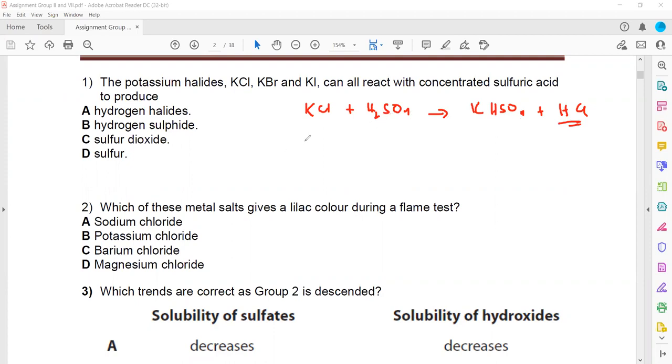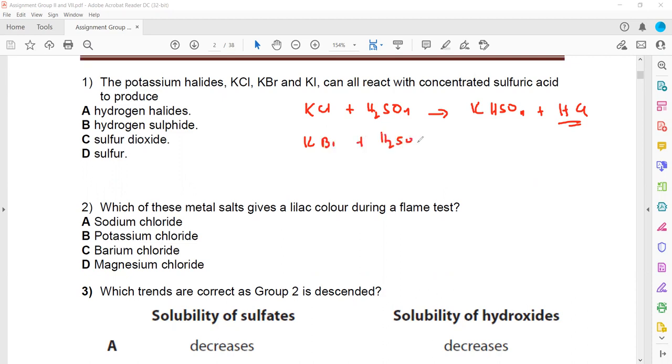Same way if we have originally KBr, then the hydrogen halide, in which the halide ion further reacts with sulfuric acid, undergoes a redox reaction. But the first one is known as an acid-base reaction. Why is it an acid-base reaction? Because acids are proton donors and bases are proton acceptors. H2SO4 is donating a proton and KCl is accepting a proton. Same way when it reacts with KBr,